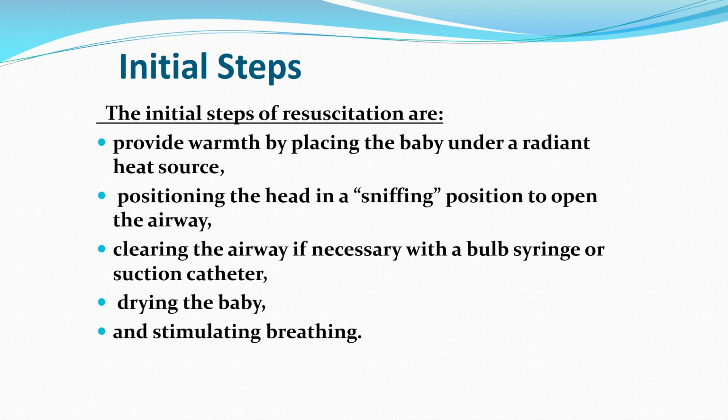Provide warmth by placing the baby under a radiant heat source, positioning the head in a sniffing position to open the airway, and clearing the airway if necessary with a bulb syringe or suction catheter, drying the baby, and he might need stimulating breathing,